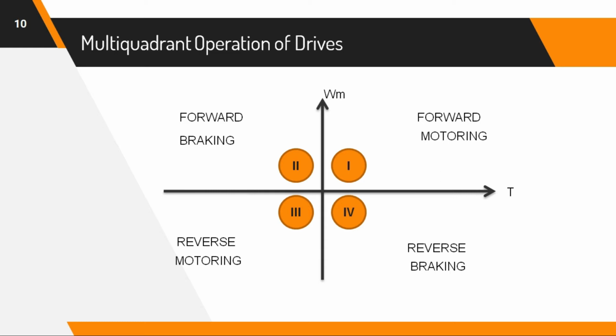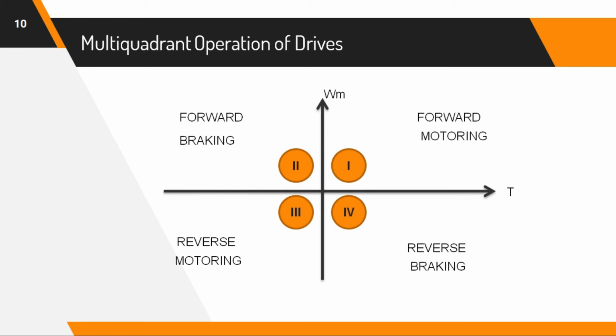In a motoring quadrant, the motor converts electrical energy to mechanical energy, which supports its motion. And for a braking quadrant, the second and fourth quadrants, it works as a generator. The generator converts mechanical energy to electrical energy and thus opposes the motion. Okay, all points are clear? So in the second quadrant, power is negative. In the fourth quadrant also power is negative, that's why it is a reverse quadrant.